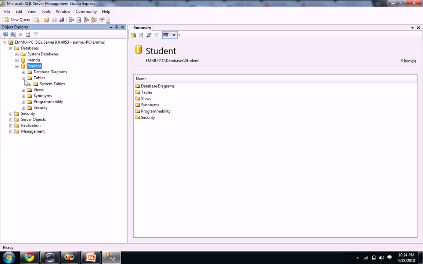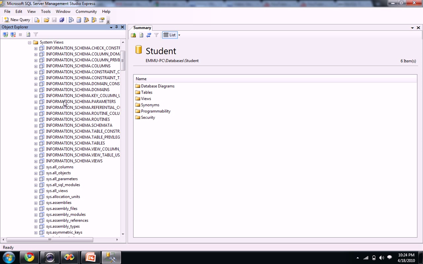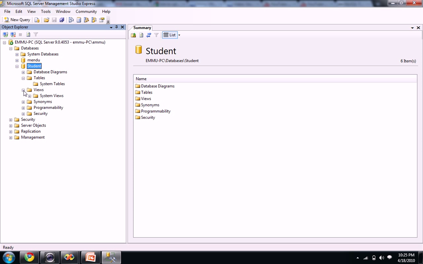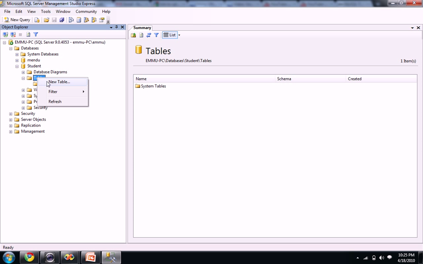When you open your tables, you won't see any tables right now because we haven't created any. When you see views, you see so many views on the system views. These are default views. Right now we will leave the views aside. If you want to create a table here, you just right click and you see a new table option. When you click on new table,